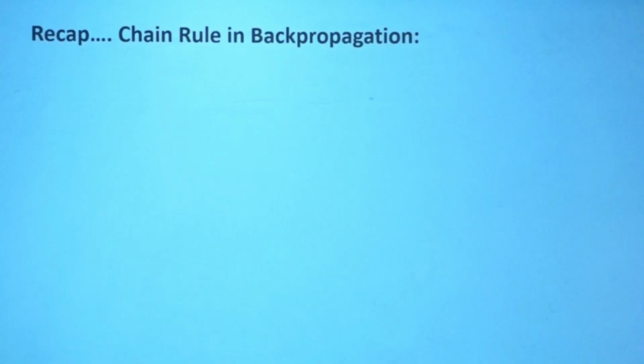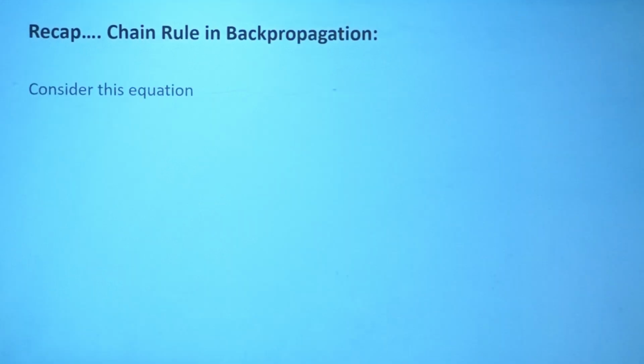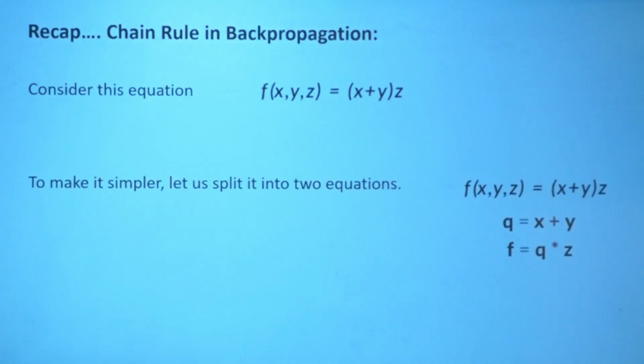Moving on, just have a recap of how the back propagation happens in a simple neural network, what we discussed in the very first 2 weeks of this course. Consider this equation f in terms of 3 parameters x, y, z, which is defined as (x + y) times z. I took the same example for your convenience, what we discussed in the very first session. For simplicity, we defined f as q times z, the multiplication of q and z, where q is the addition of the inputs x and y. Simple, right?